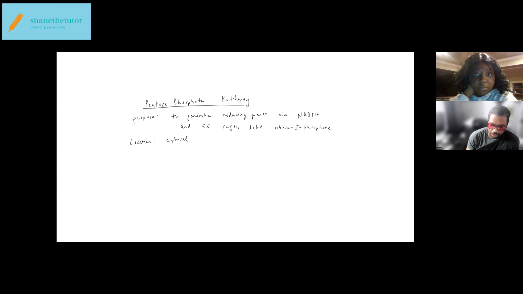Typically catabolic processes would be oxidative and anabolic would be reductive, but the pentose phosphate pathway, although it's anabolic, it's oxidative. So we could start off with a